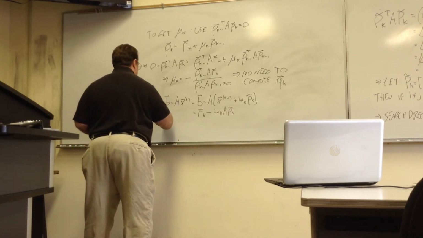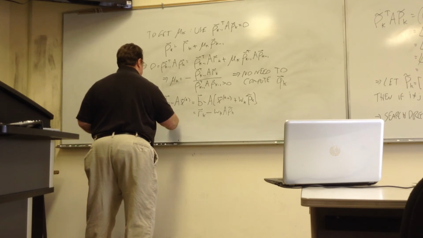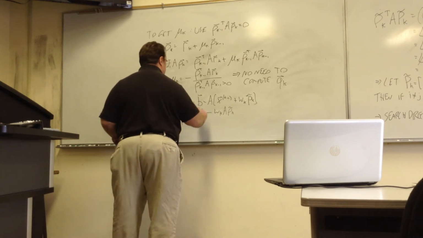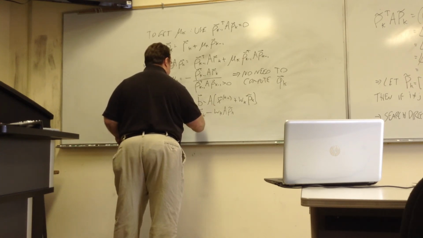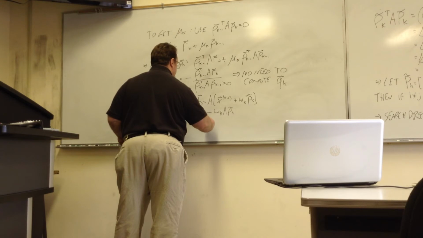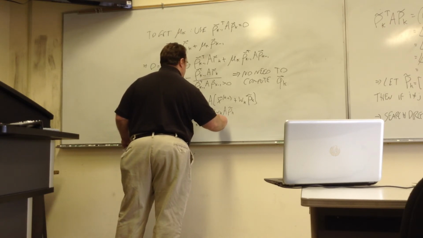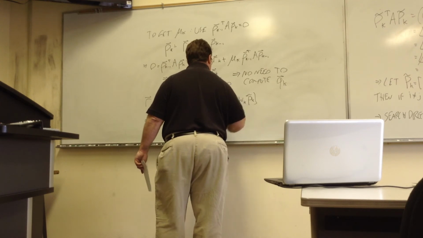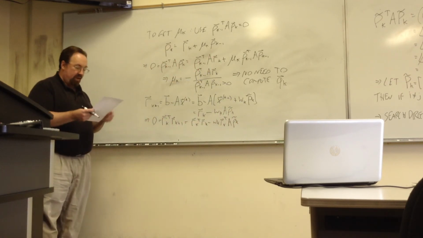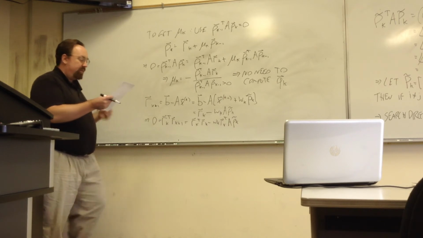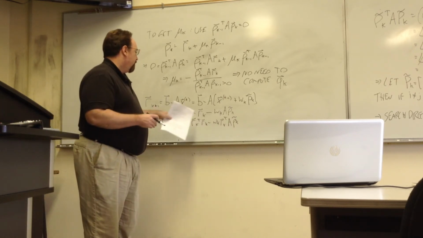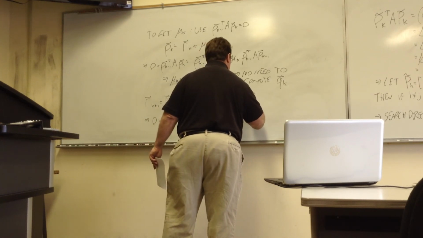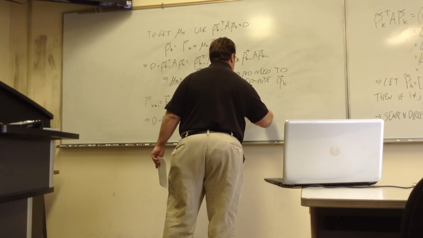So I'll have Rk transpose Rk plus 1, which is 0, is equal to Rk transpose Rk minus Wk Rk transpose A PK tilde. Because all of this is 0, that means I can express Rk transpose Rk as